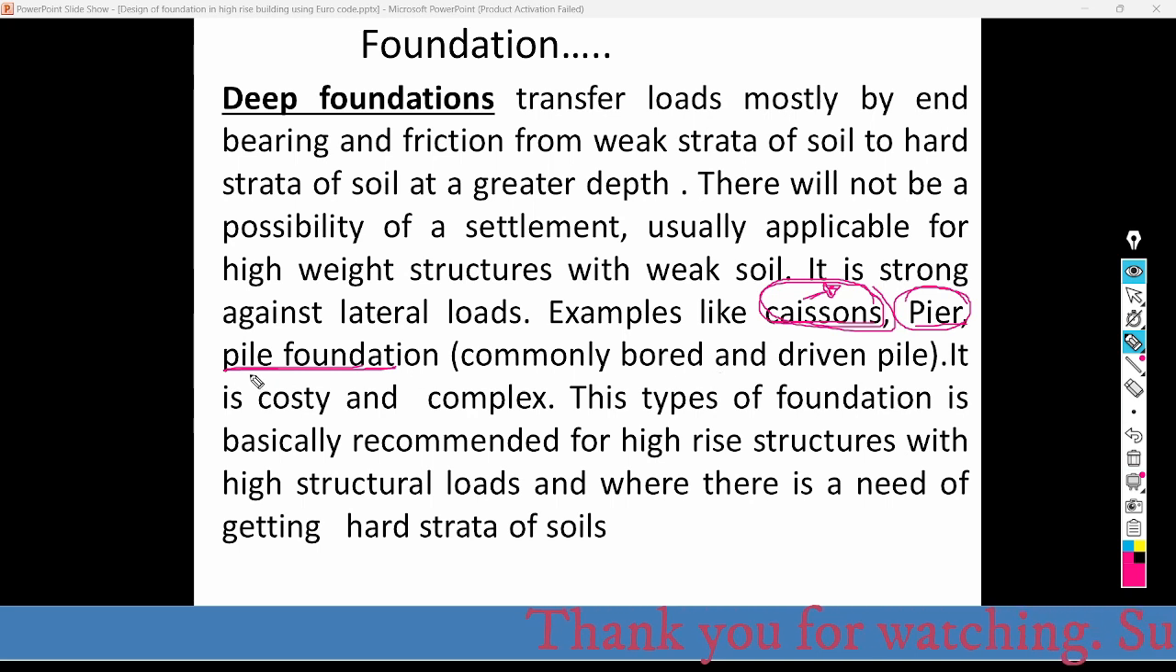So those piles are basically just maybe bored pile or just maybe driven pile. So bored piles are nothing but the cast in situ piles, and driven piles are nothing but precast piles. So the deep foundation is costly because it uses more sophisticated work methodology, and it is also